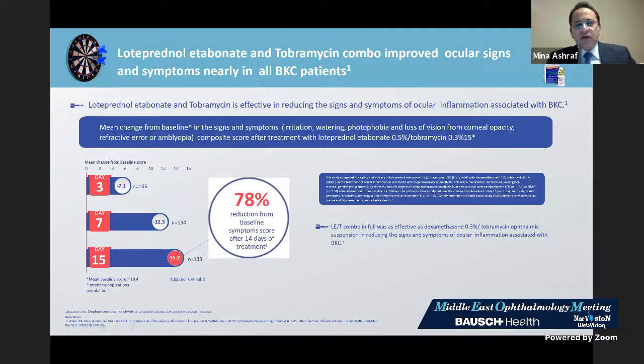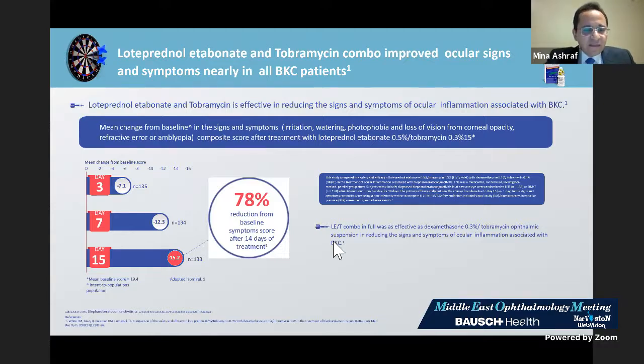This combination of loteprednol and tobramycin in Xylet has been studied in different studies, and I will just present to you one study just to show how it compares to dexamethasone tobramycin combinations. We see here in this study, it was done on 300 blepharokeratoconjunctivitis patients. We see here that the loteprednol etabonate and tobramycin combination is effective in reducing the signs and symptoms of ocular inflammation associated with